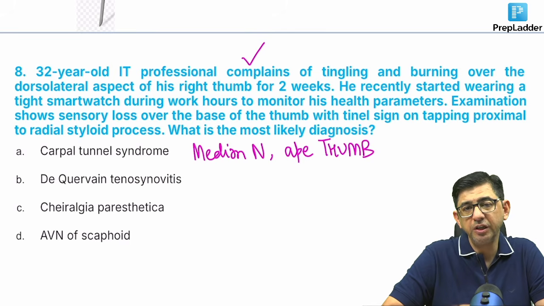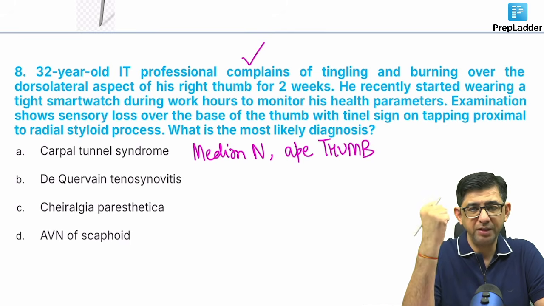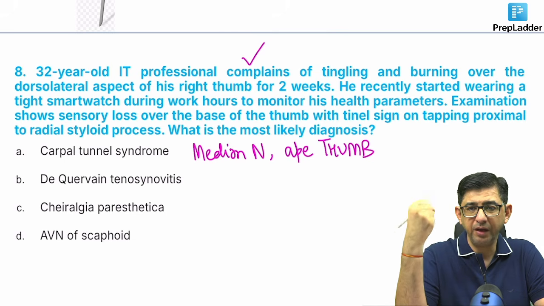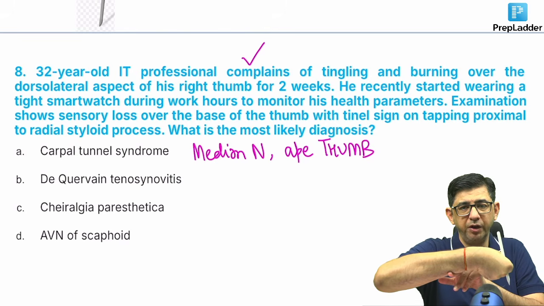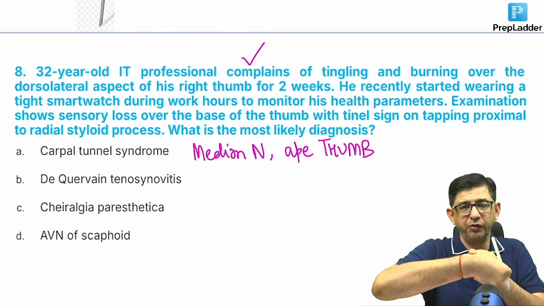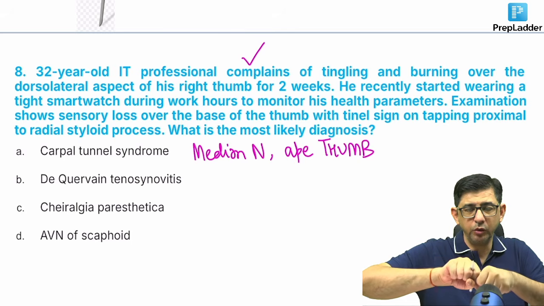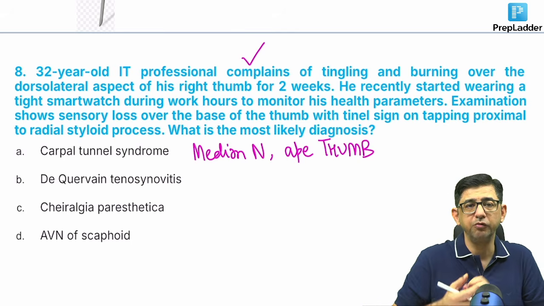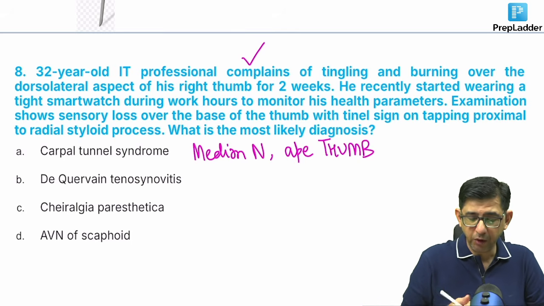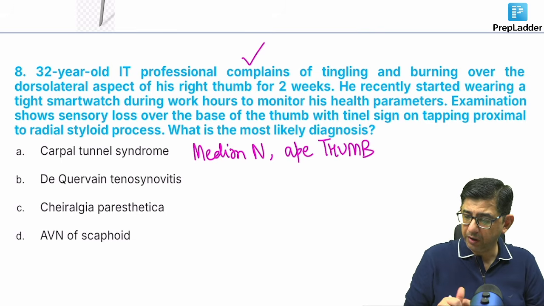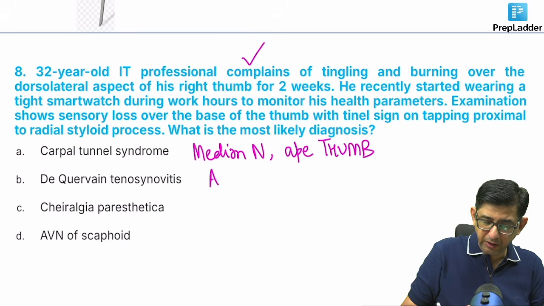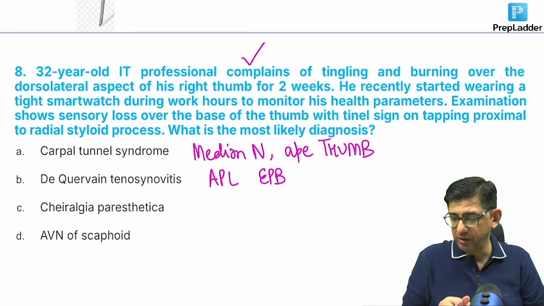And De Quervain's tenosynovitis, you will ask the patient to first make a fist, and then you will ask the patient to do a flexion, and the flexion will be causing pain in this area. Like if I keep my arm straight like this, if I do a flexion, there is a severe pain on this particular side. Or when you try to squeeze, close, the pain would be coming. So Finkelstein test is done for De Quervain's tenosynovitis. For question number 8, guys, what I wanted to remember is that the tendons involved in option number B are abductor pollicis longus and extensor pollicis brevis.